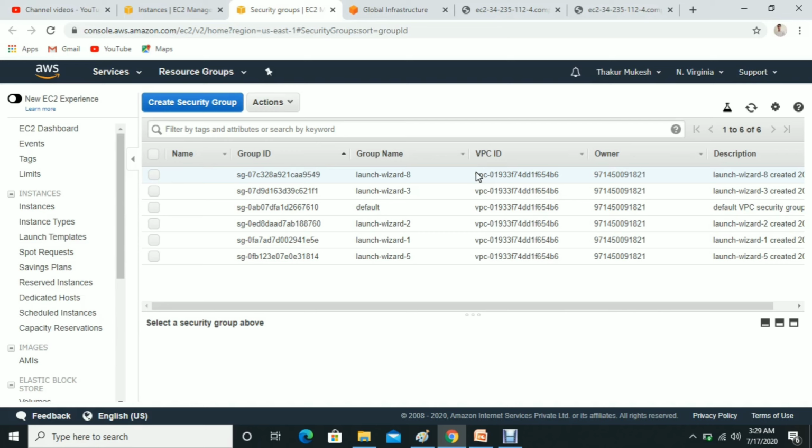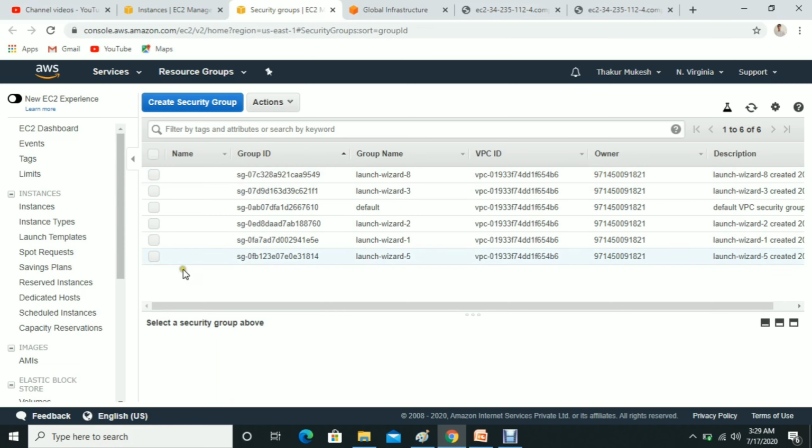Through a security group, you cannot do that. You cannot block any specific IP or individual port in a security group. If you want to block, then you have to use a NACL, the network access control list.